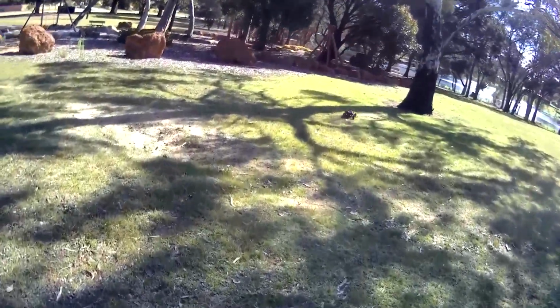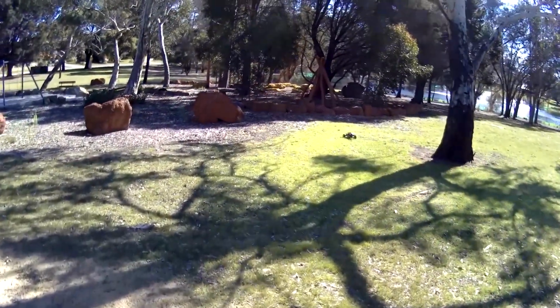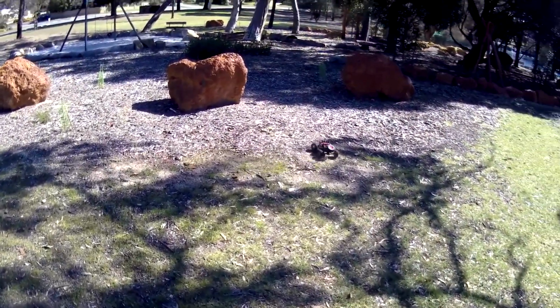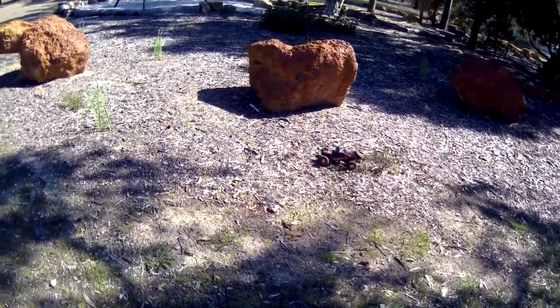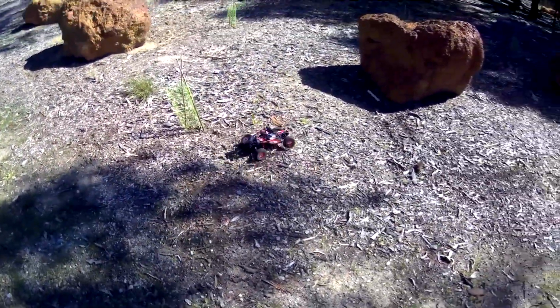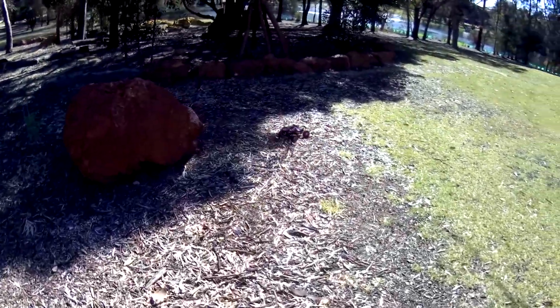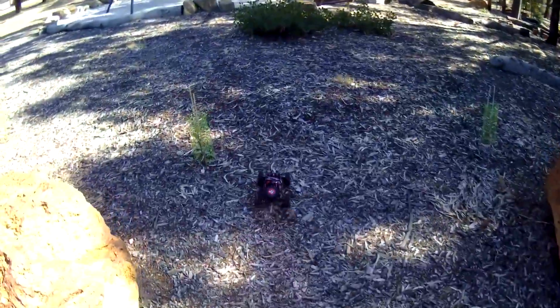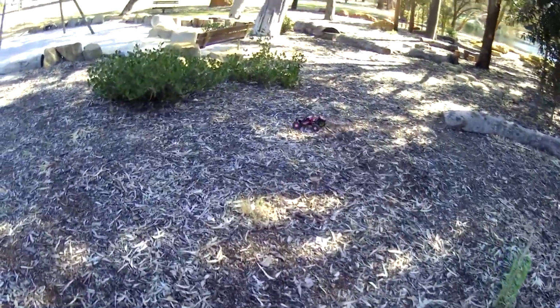Bit of a jump there. Whoa, flipped it and landed back on its wheels. As you can see, I added the spare wheel on the back as well, just with the little T-bar wrench that comes with it. Gives it a pretty finished off look too. Plus that's a usable wheel too, so if you end up happen to bust one of your wheels up or buckle it, the one on the actual vehicle, you can always use that as a spare and leave the damaged one for show. As you can see, I'm in the shade here a bit, hopefully it's turning out, but